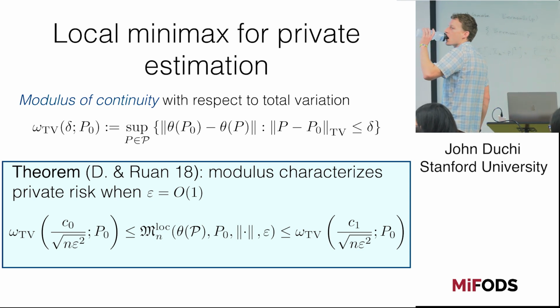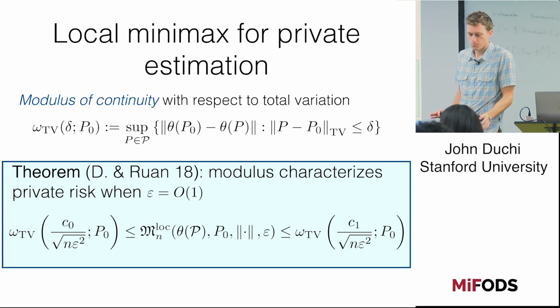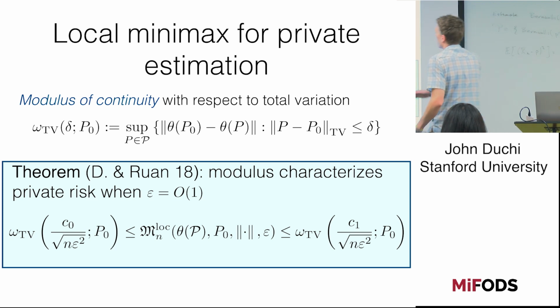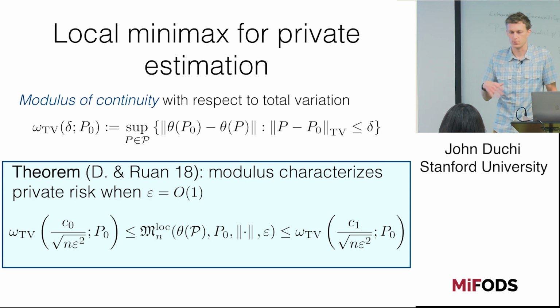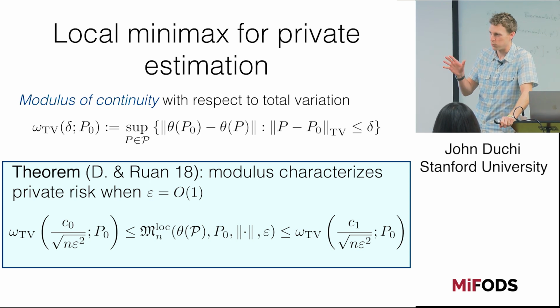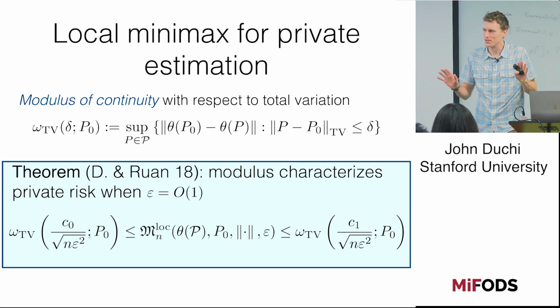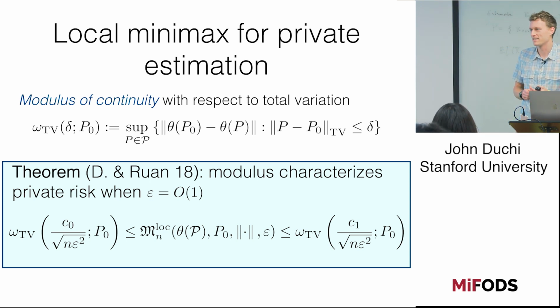Yash? Right, so this is why I said when epsilon is order 1. When epsilon is bigger than 1, you actually need a whole different set of calculations. That's an interesting question: what should happen? Should we allow epsilon bigger than 1? There are all sorts of questions there. The differential privacy community always says, oh, epsilon bigger than 1 doesn't count, not private. But there are reasons that you might want to get to that.